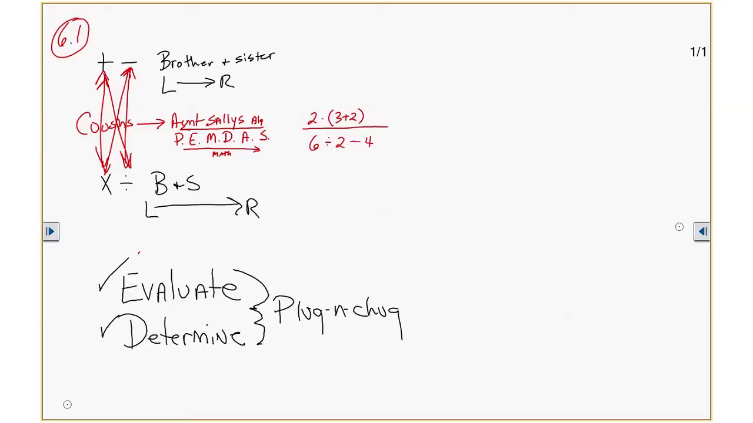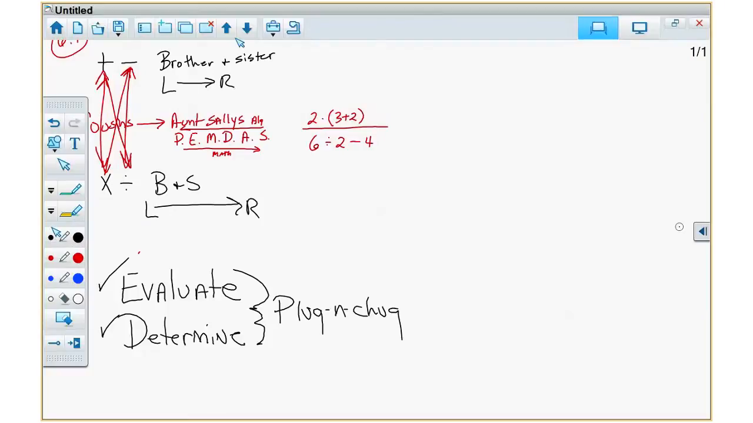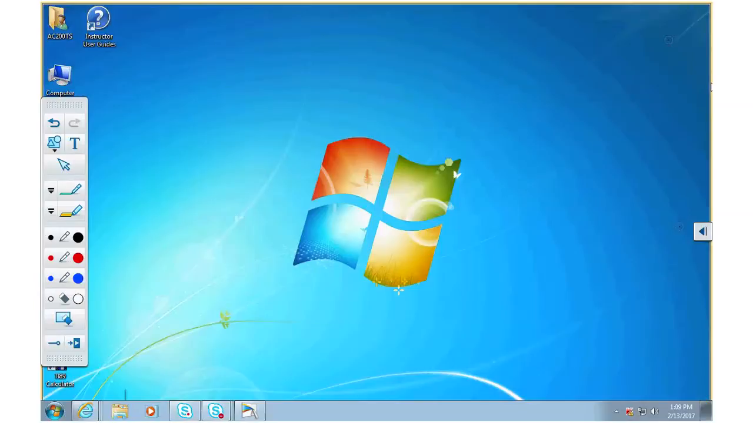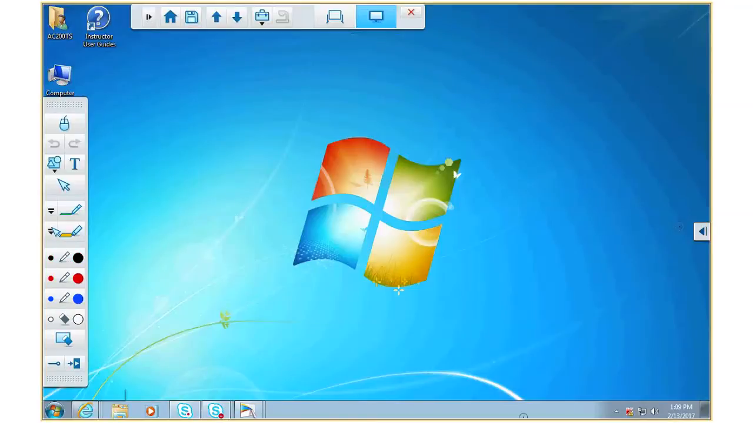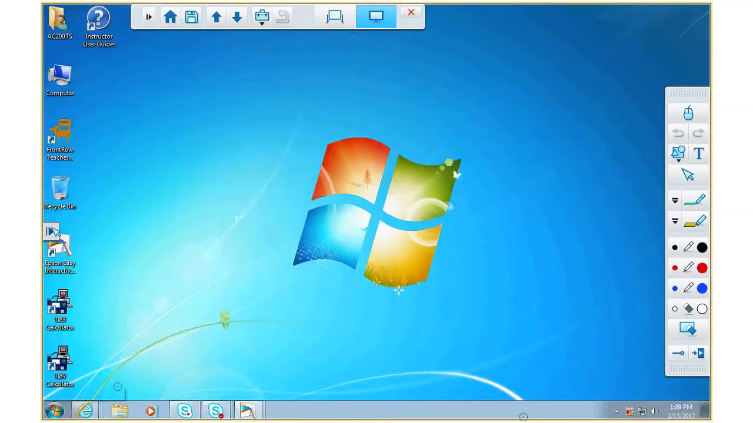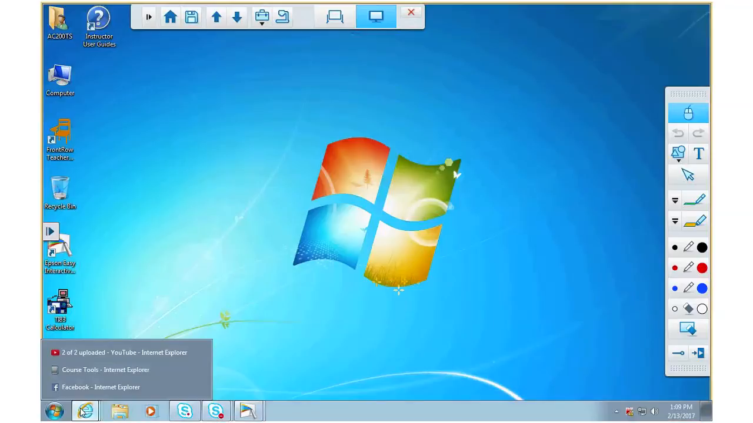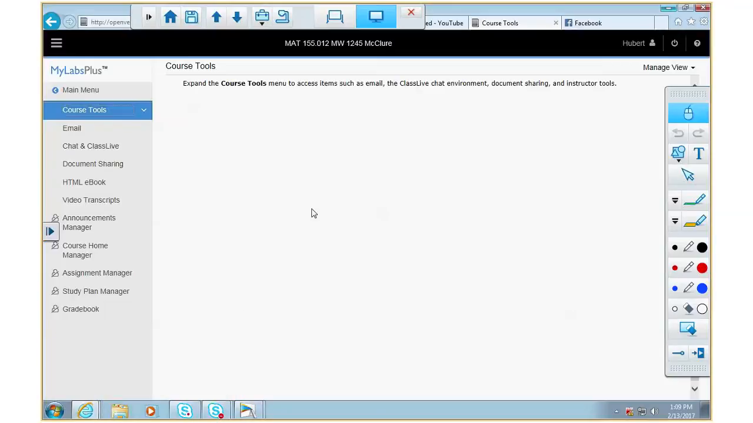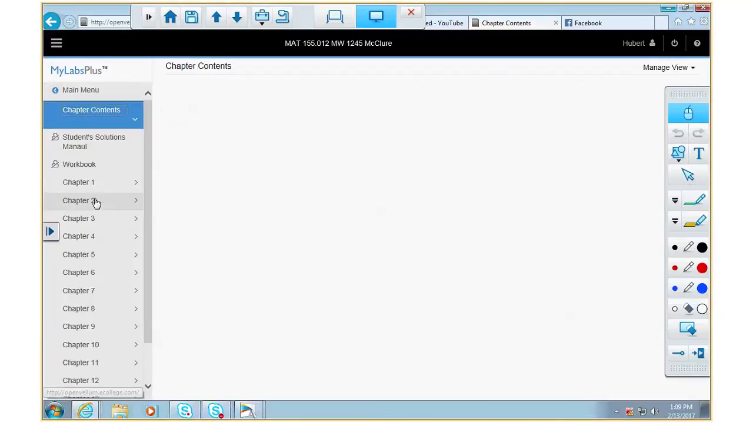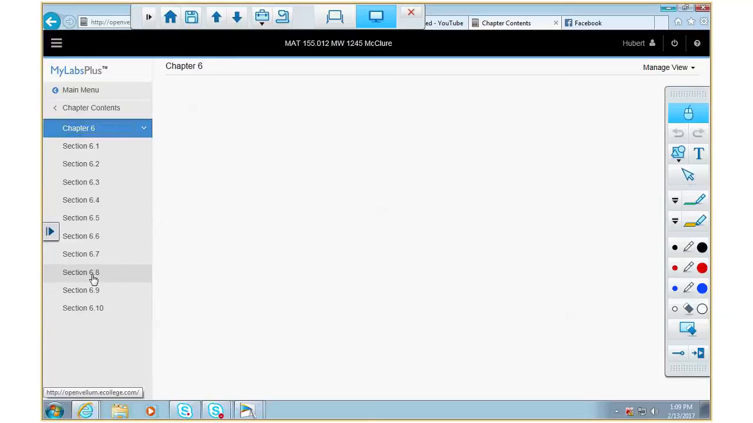Now, let's pull up some problems and just make sure. Now, are we talking about 80% of the test here or 10% of the test? Talking about 10% of the test. So you're not talking about a lot of problems on the test. So we'll do a couple of problems, and if you can do them, then you're good to go. If you can't, then we need to work on some and make sure you can do it. So I'm going to go to main menu, chapter contents, 6.1,